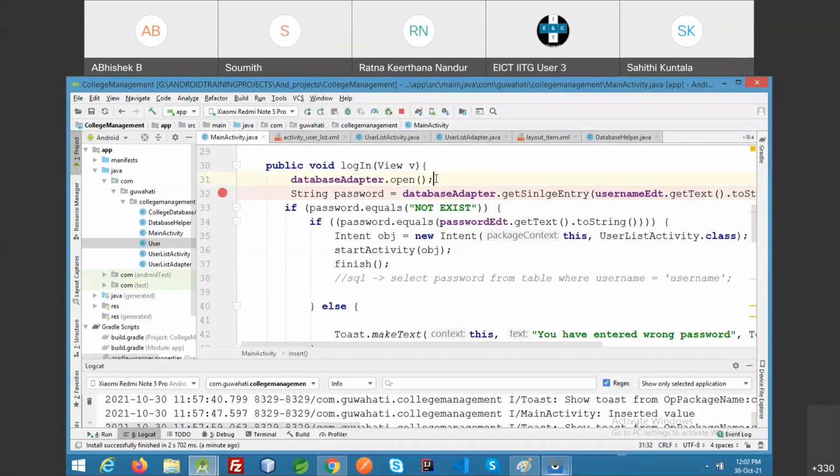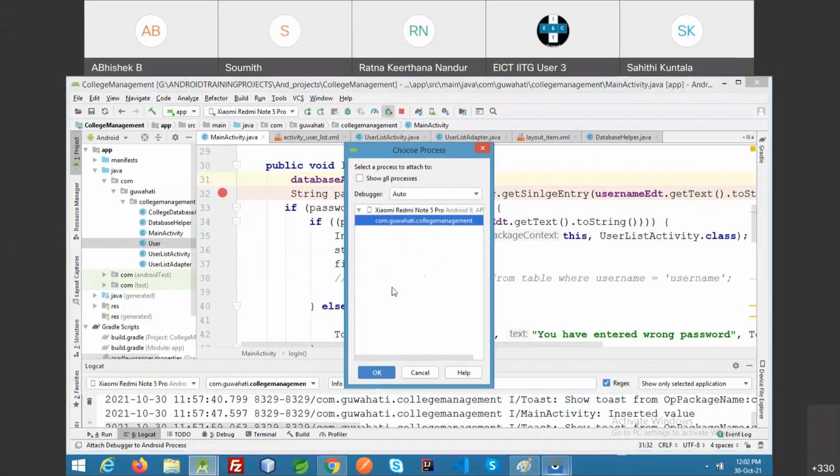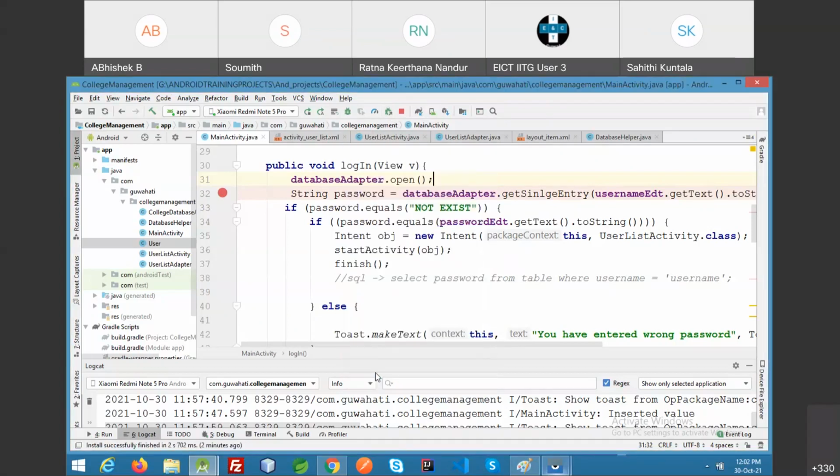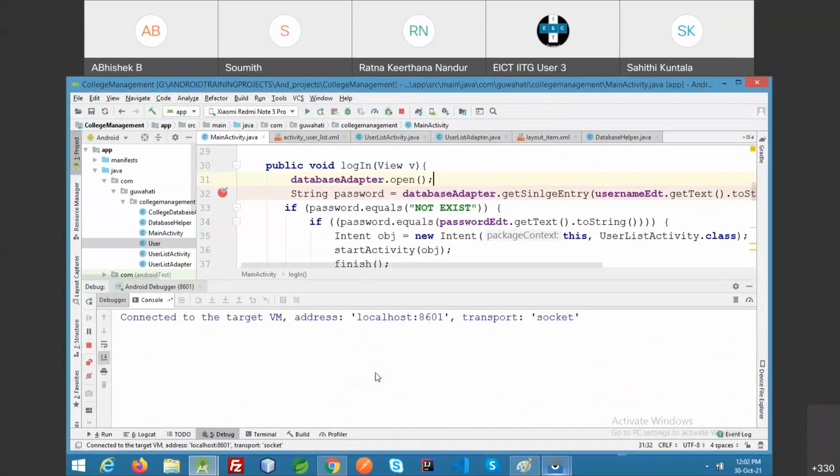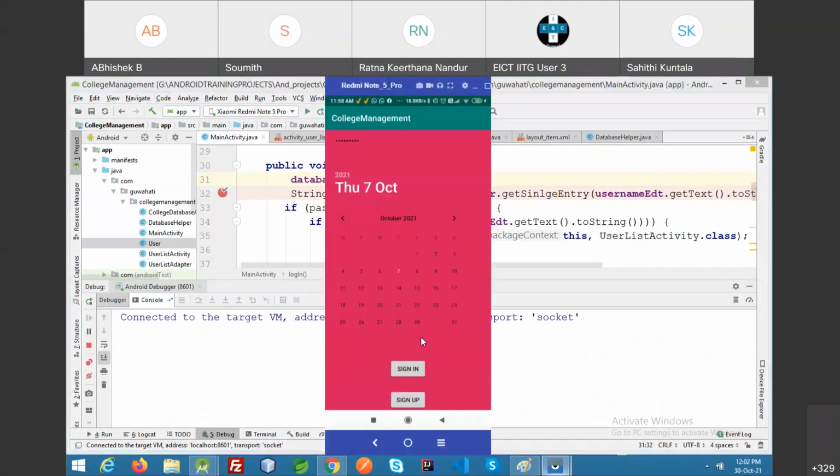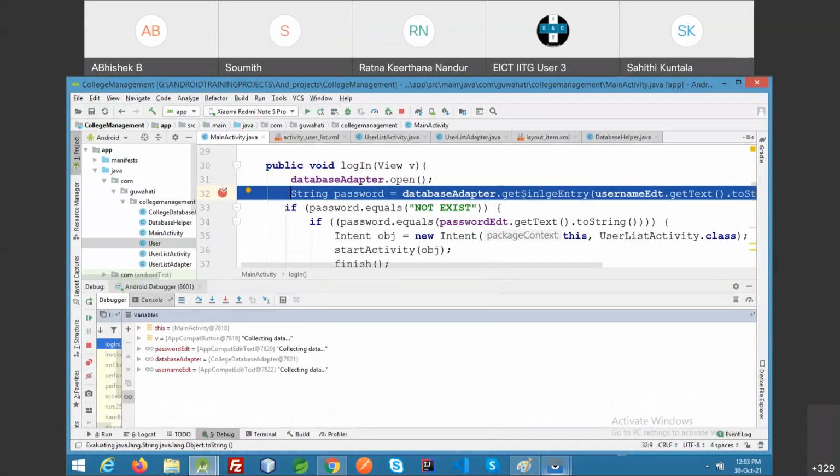Every time I am opening the database, it's okay. Fetching the data. Let me press sign in now. When I press sign in, I go to this method.